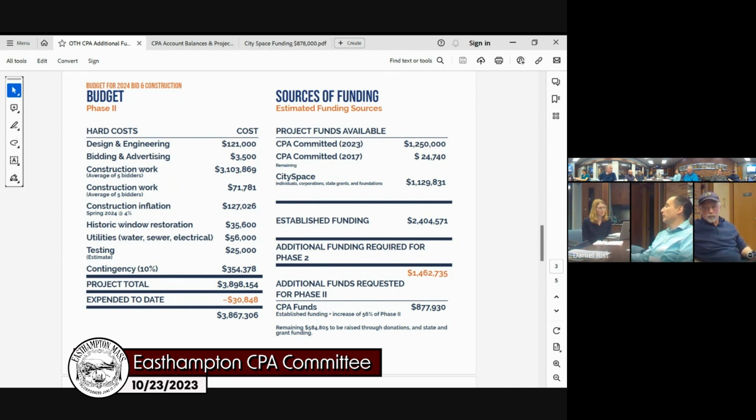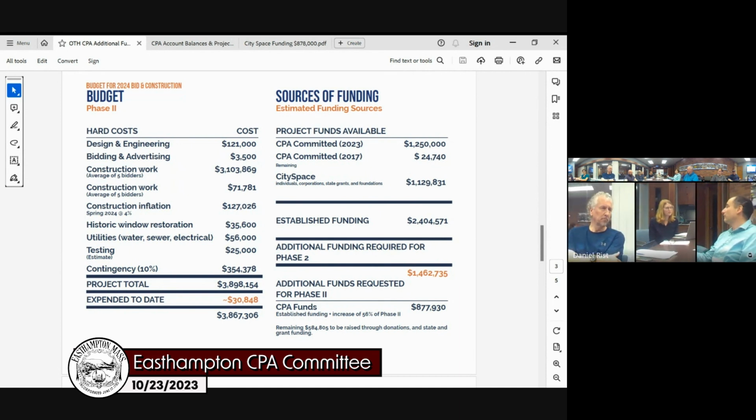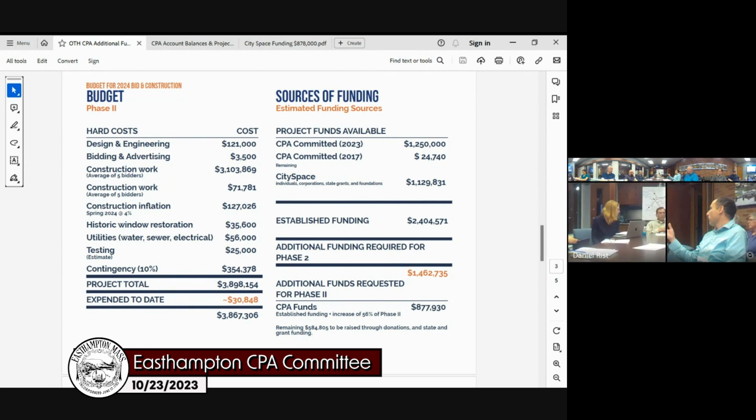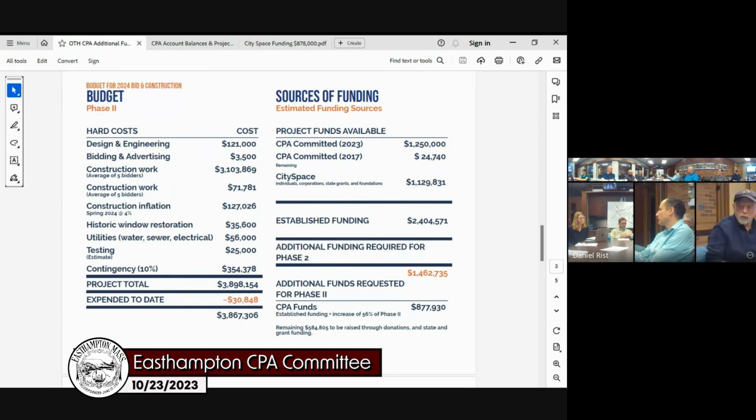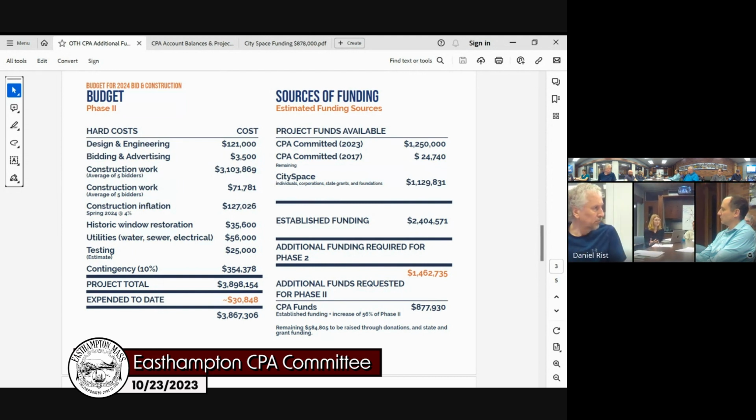To be clear, not that it would harm or hurt the build. And I fully support the project. I think the answer to your question is that your funding isn't making us in a worse position with any grant program that we've applied. When you said the Berkshire's $800,000, that's a big chunk of what we're looking at. Right, but we have to match that funding. So we're, in addition to coming to you to request that funding,